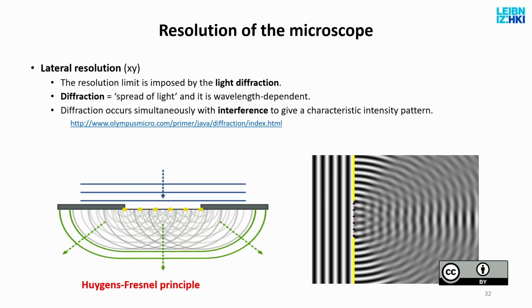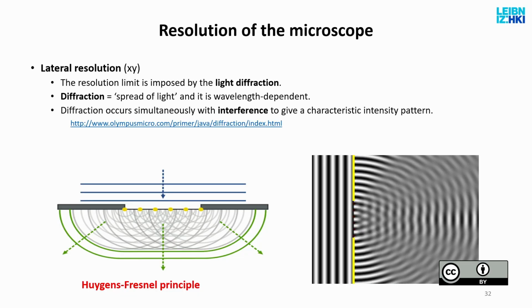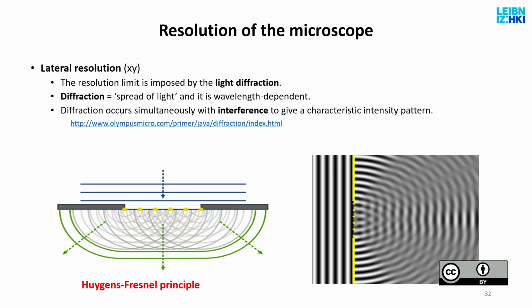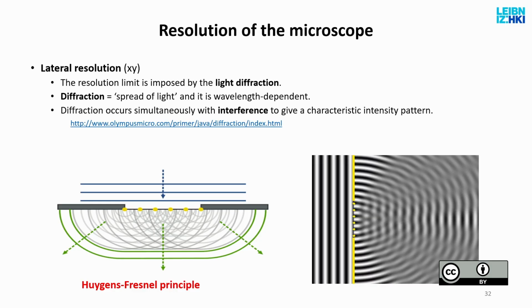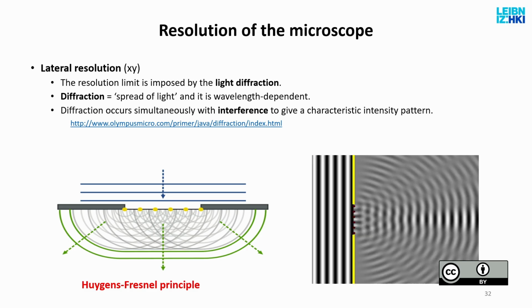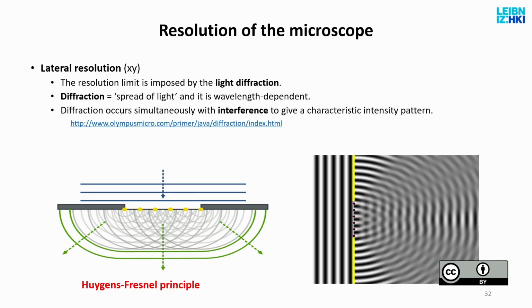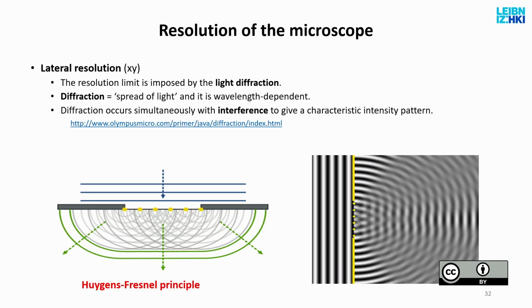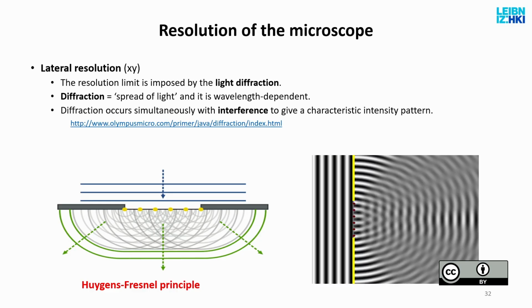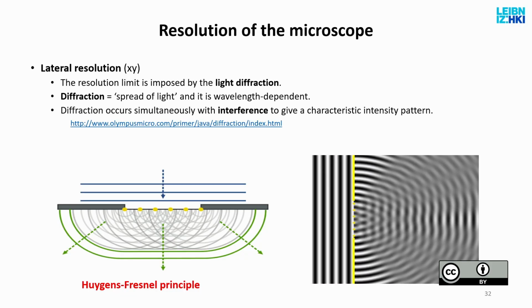So what this means is that when you get through this object, you forget all the information that you have been carrying. Where you came from, what was, if you are an electromagnetic wave, your phase? This is all gone, and instead you have an array of random spherical waves spreading on the other side of the obstacle. So this means that as long as we are using visible light and we are examining objects which are sub-micrometer,